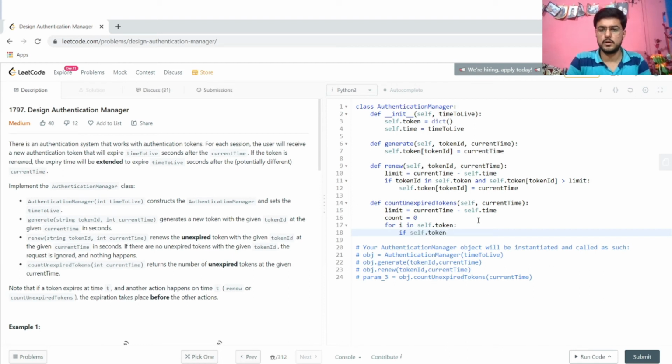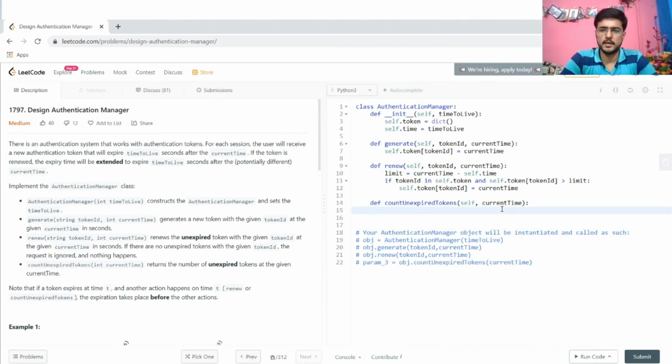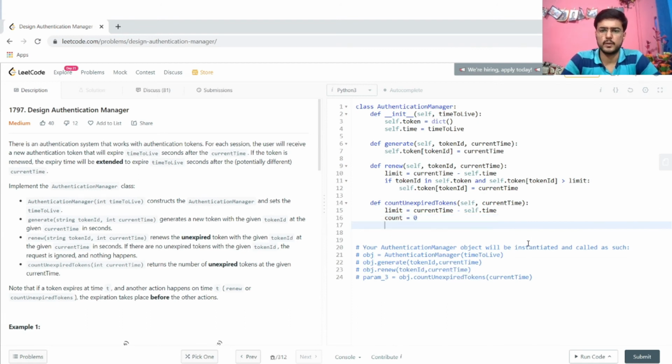Now we are creating our method countUnexpiredTokens. In this method I create one variable, limit, to check the unexpired tokens. If the time which a token has is greater than this limit, then the token is live, and we add to the count variable.